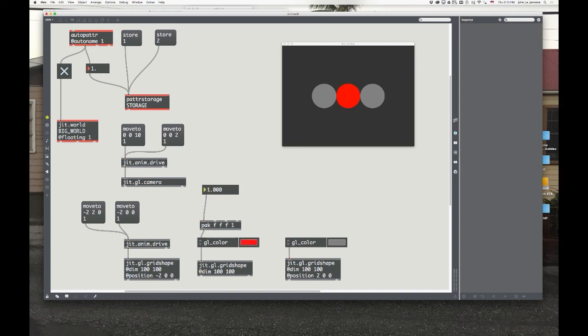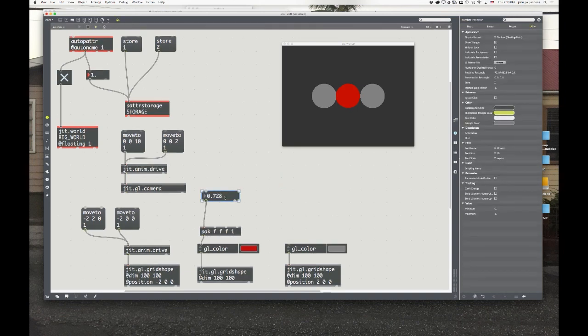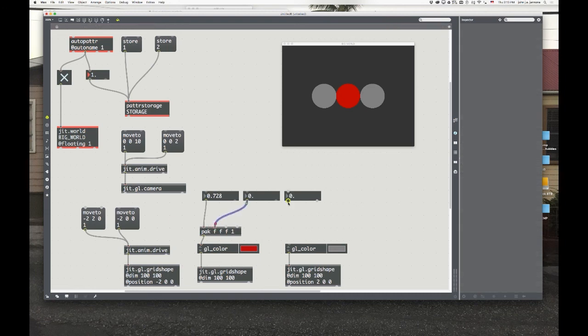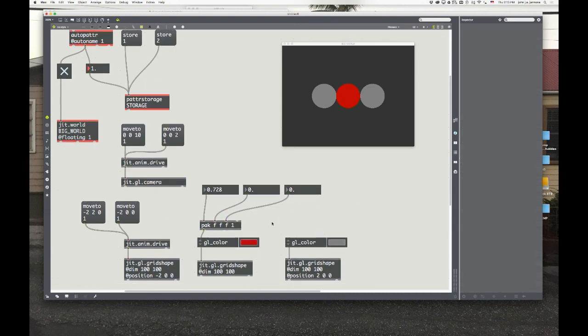Red is either absent or totally present, or some value in between. So since we've made a change to this particular number box, we definitely want to duplicate this one. I did that using Command D, which is a handy duplicate feature. And I made 3 number boxes, one for my redness, one for my greenness, and one for my blueness, which now allows me to, with very, very high fidelity, select between 16 million or so different